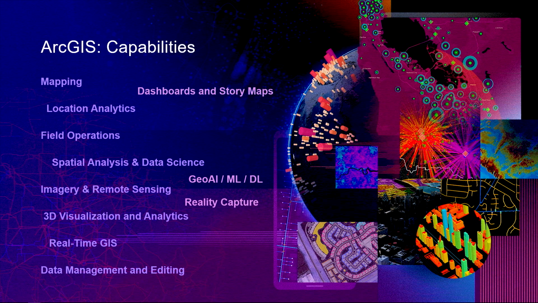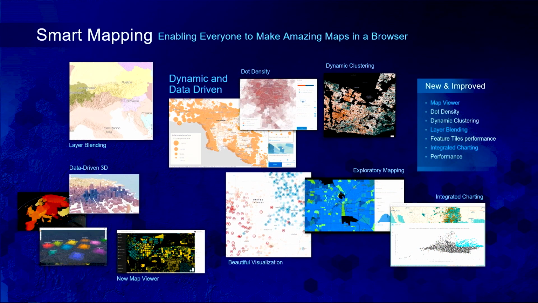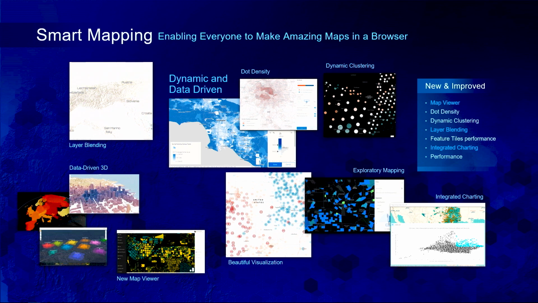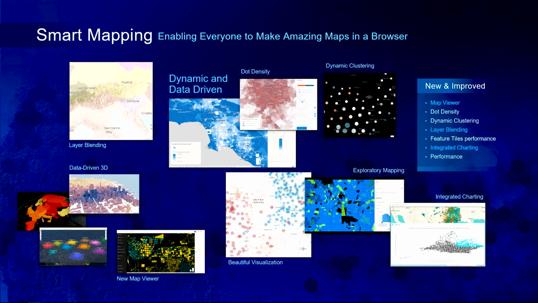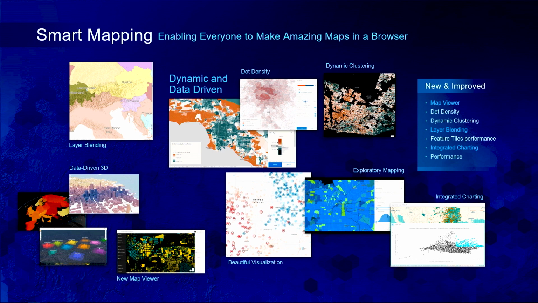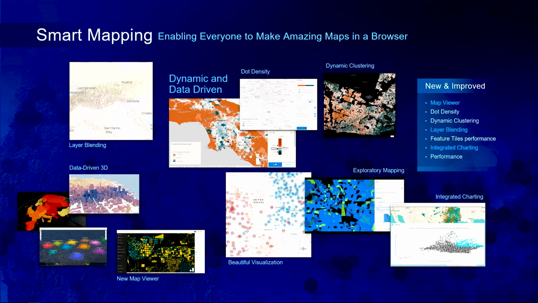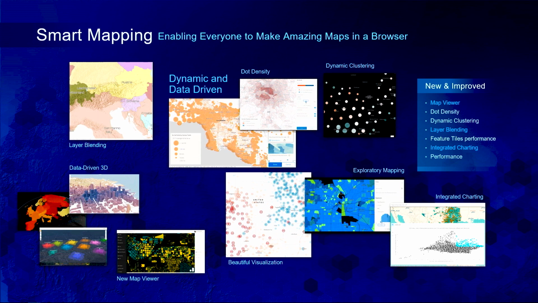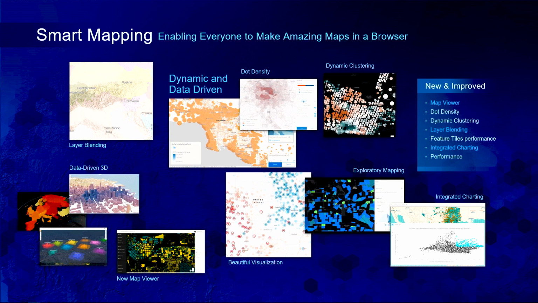Let's turn next to the foundational capabilities that GIS delivers. We will visit each of these in turn. Smart mapping enables easy and powerful data-driven mapping. The new map viewer has been designed from the ground up to be data type and distribution aware. Recent additions include layer blending, and we are excited about the advent of integrated charting in the April release of